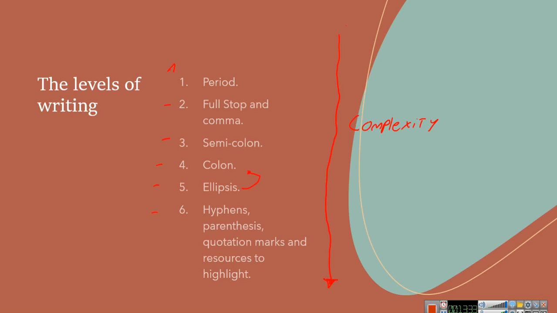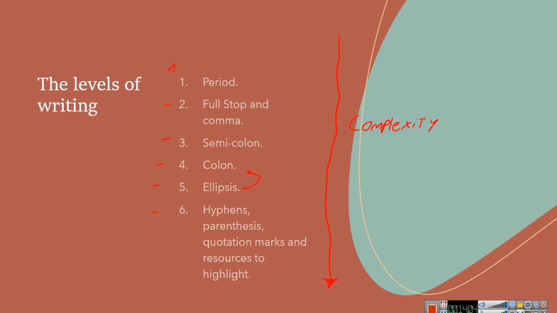Although we're going to talk in this lesson about the comma, I want you to have some knowledge about each of the signs that we have for writing. So first we have the period. The period just means that you're ending a sentence and talking about another sentence that is syntactically independent. I'm sure you know how to use the period. This is a level 1 writer.